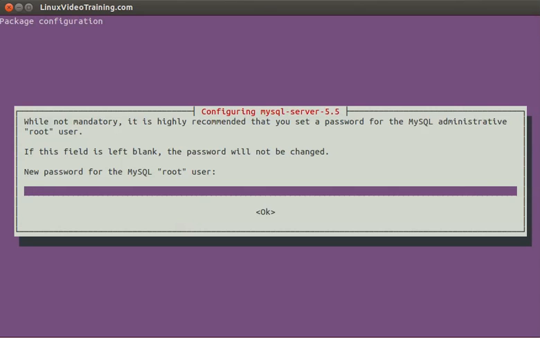If you are installing it for the very first time, it will ask you to enter the root user password. This is not the Ubuntu system's root user, but the root user for your MySQL server. So be very careful and don't get confused. There are two different root users. By default, the administrator user for MySQL server is also root, and we also know that Linux has a super user, an administrator user called root. So just enter the password